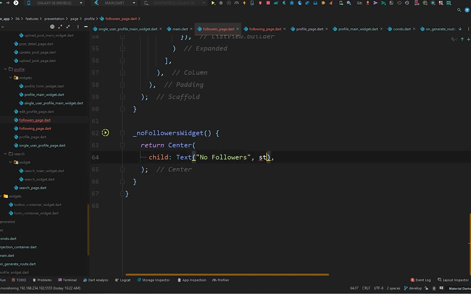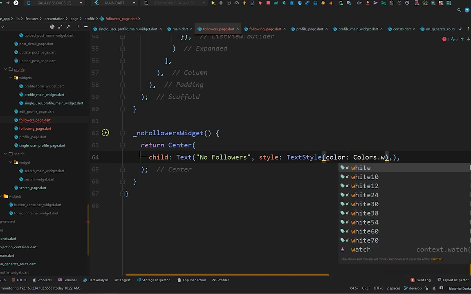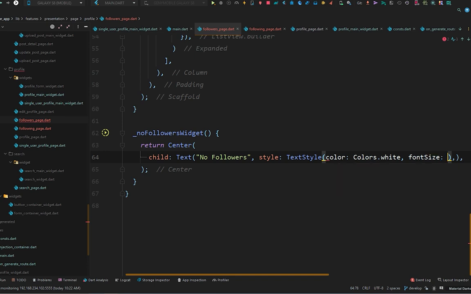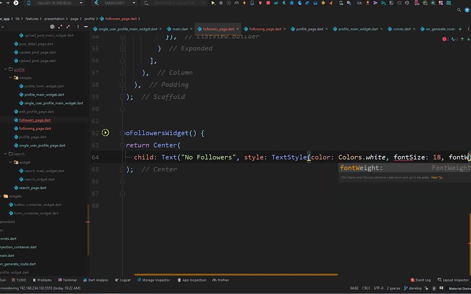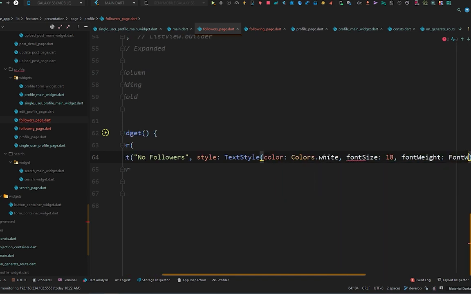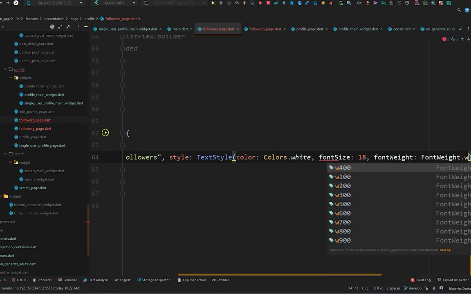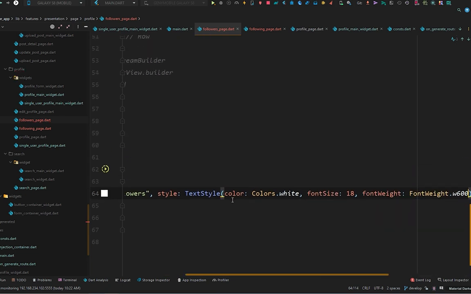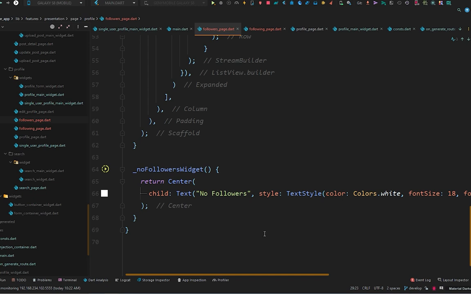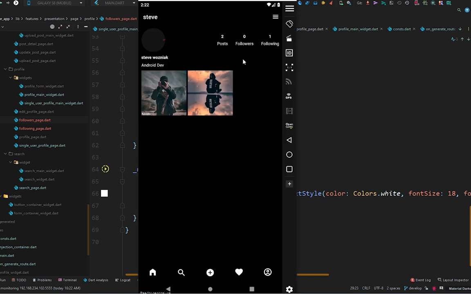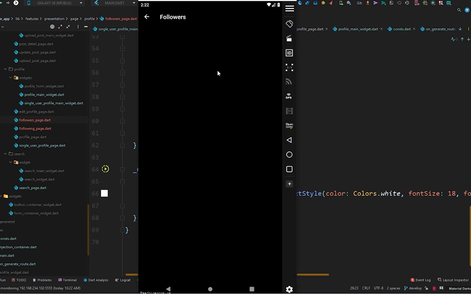This will be style text style colors white, and font size will be 18, font weight will be font weight W600. That was it. Now Ctrl S to hot reload, open your emulator and go to the followers, and nothing